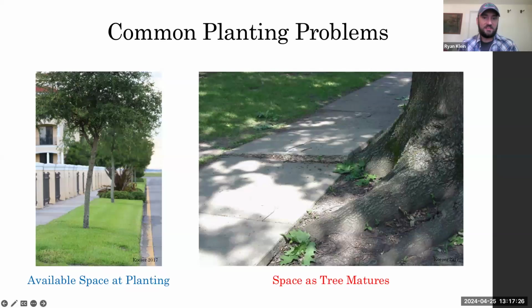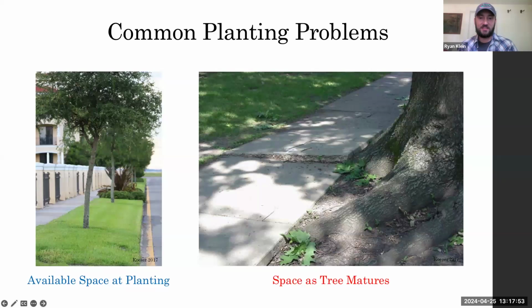So, this is a common issue. I kind of alluded to this earlier where you have that 3 or 4 inch tree planted in that 4-foot strip. It works at planting, but then 20, 30 years down the road, you have lifting sidewalks, and the trees possibly being damaged from growing into the infrastructure or damaged once it's replaced. So essentially, we just want to make sure that the tree fits long term, so have future growth in mind.